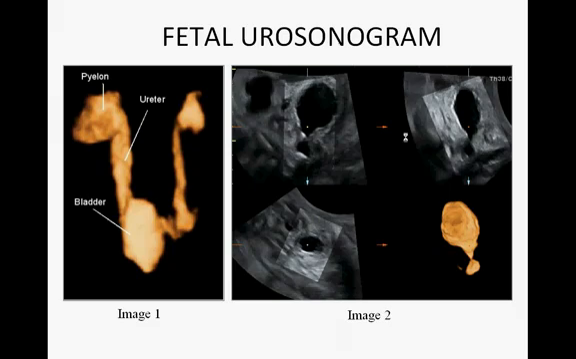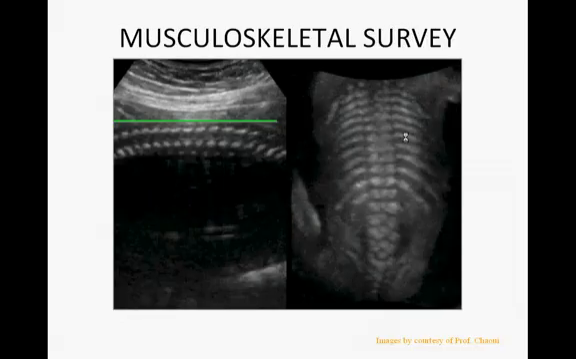Another area that needs to be evaluated thoroughly is the fetal KUB, the fetal urosonogram. This is one of the examples of a posterior urethral valve showing the keyhole sign and with the dilated renal pelvis and the ureters. Musculoskeletal survey is possible easily. You can count the number of ribs, you can evaluate the vertebra, you can look for the spina bifida, and